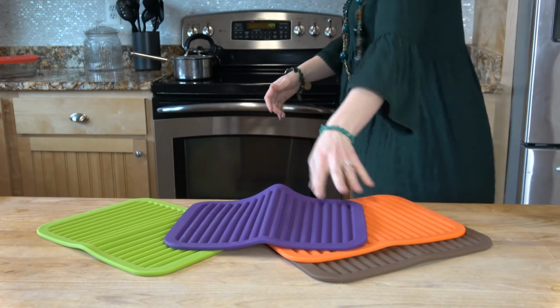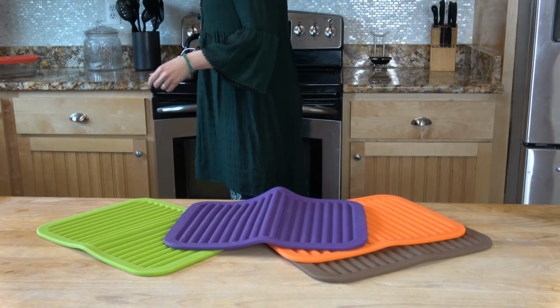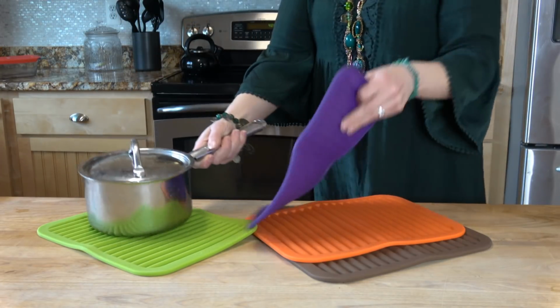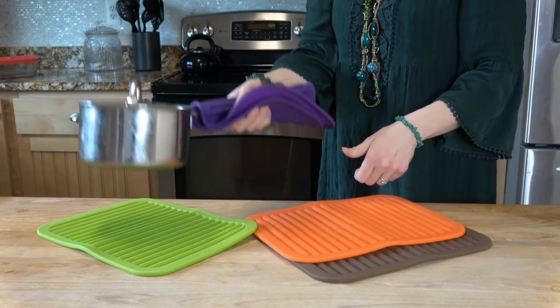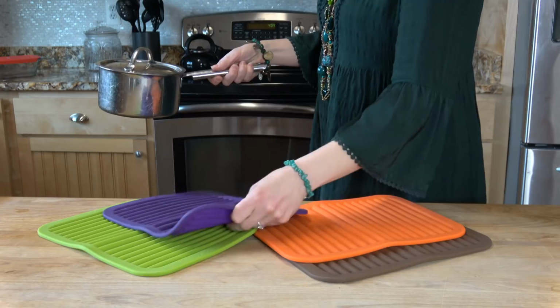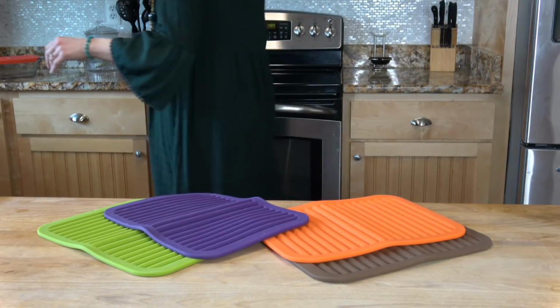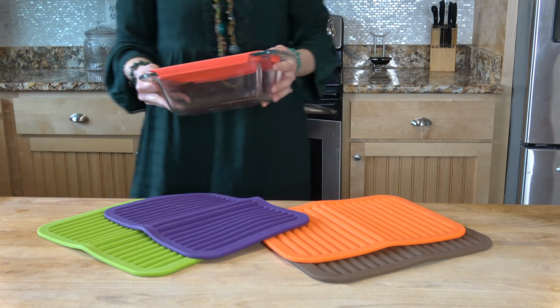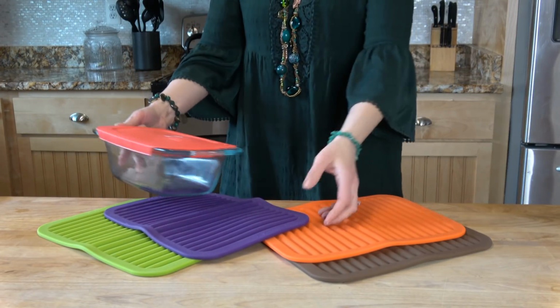So some of the things that they're good for: say you have a pan on the stove, you can simply use this to grip. Some of the pans don't have safe handles. Also, any kind of dishes,